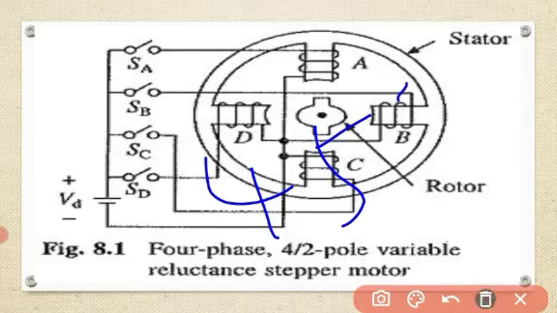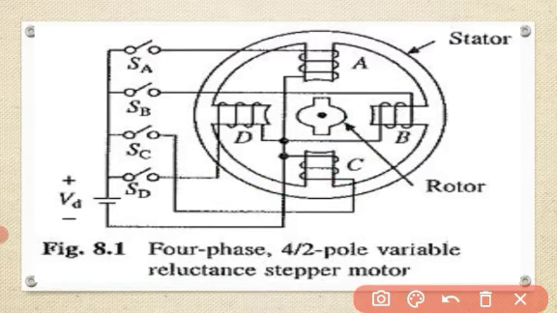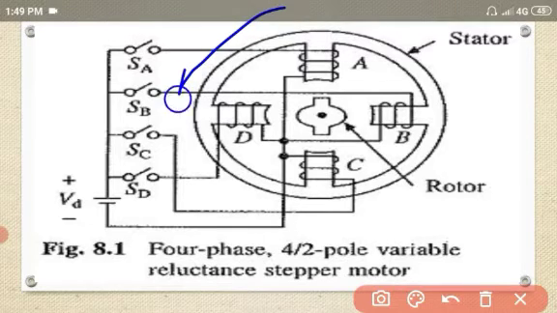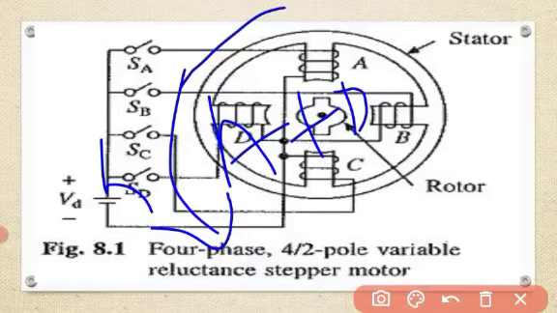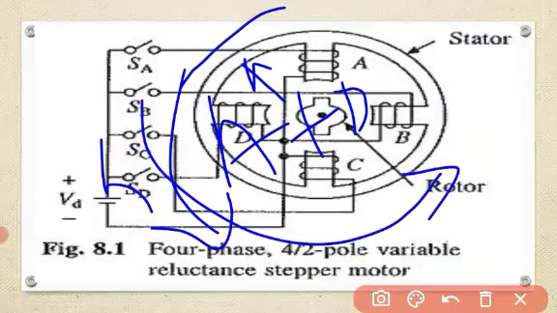Okay. Similarly, we can go for the anti-clockwise direction. Earlier we did anti-clockwise with 90 degrees; 45 degrees also we can do here. A plus D, both simultaneously I am exciting, so that it takes the rotor in this direction. Next D plus C, then C plus B, then B plus A. So it will move in the anti-clockwise direction.